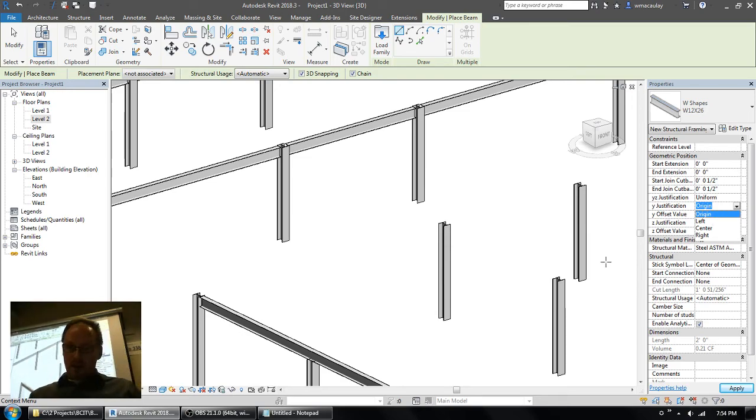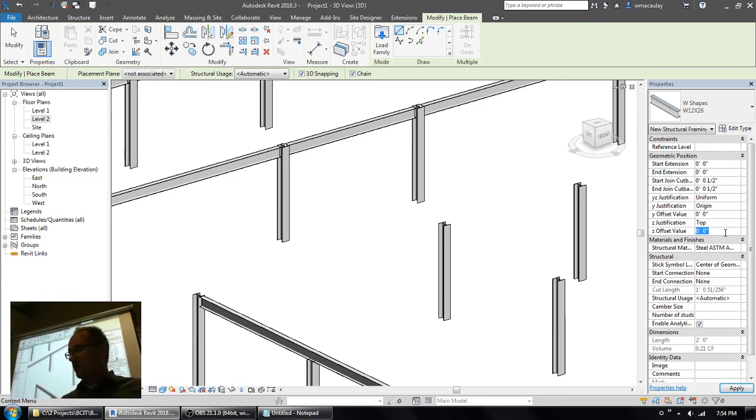Now there's also a Z offset value, so that if you want to raise or lower the beam, you can do so while you drop it. Now just while we are on the topic of steel construction here,